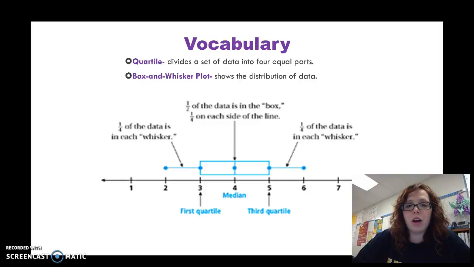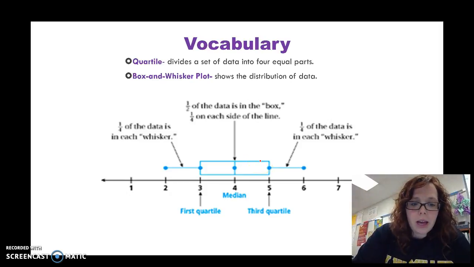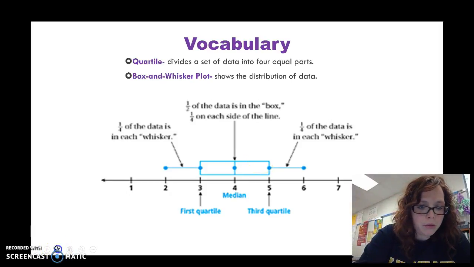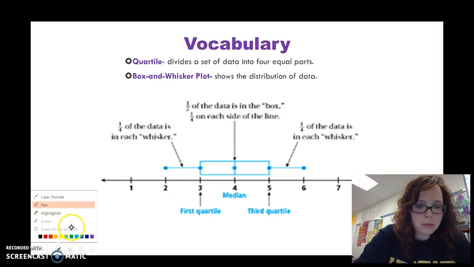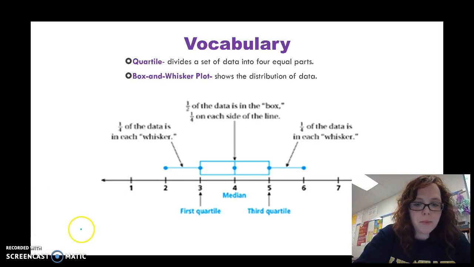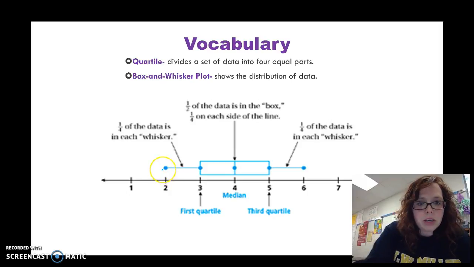First of all, our vocabulary. Quartile divides a set of data into 4 equal parts. So if you look down here at the box plot, let me get my pen. There's my pen. Perfect. There are things called quartiles. This first quartile is the first fourth of data. So that means that it's